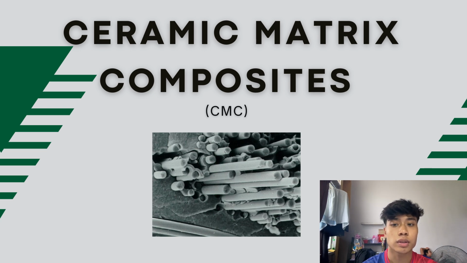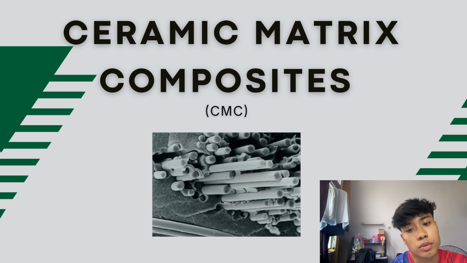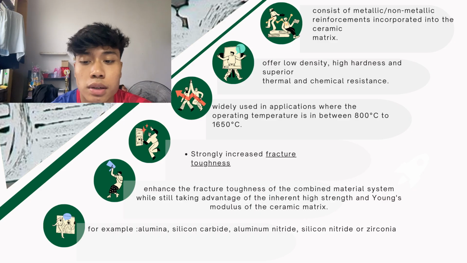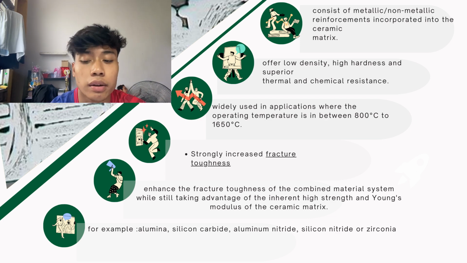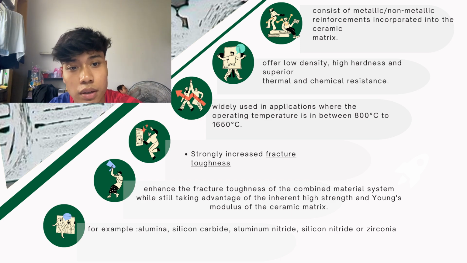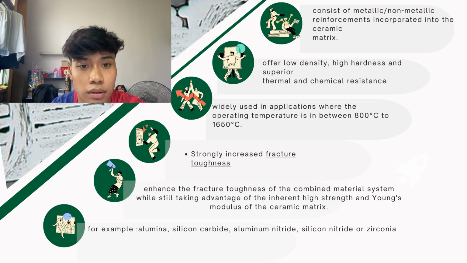So we continue to the ceramic matrix composites, which is CMC. CMC is a special type of composite material in which both the reinforcements, which are solid fibers, and the matrix material are ceramics. The characteristic of CMC is that it consists of metallic or non-metallic reinforcement incorporated into the ceramic matrix. The second is that it offers low density, high hardness, and superior thermal and chemical resistance. Third,